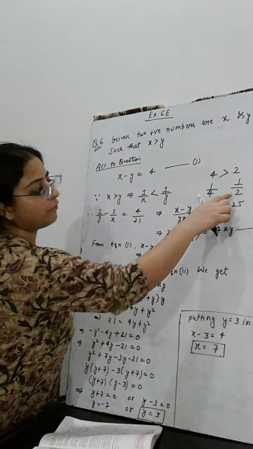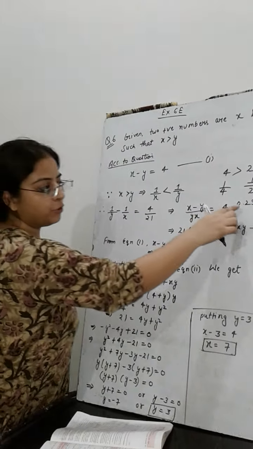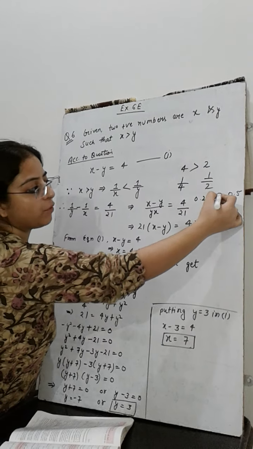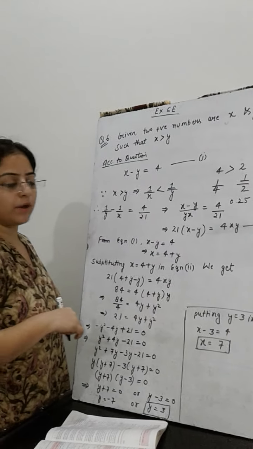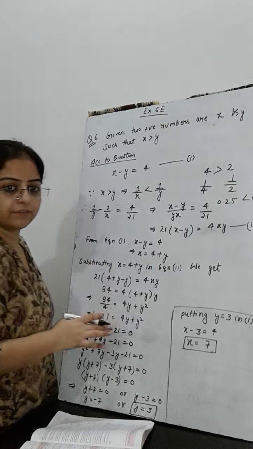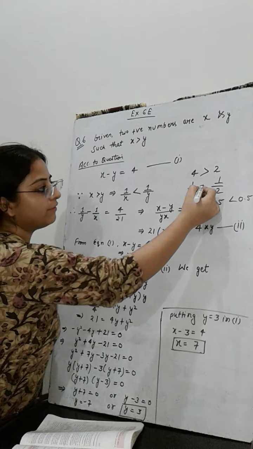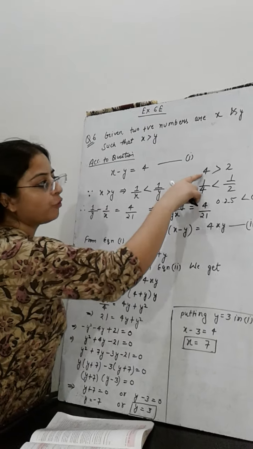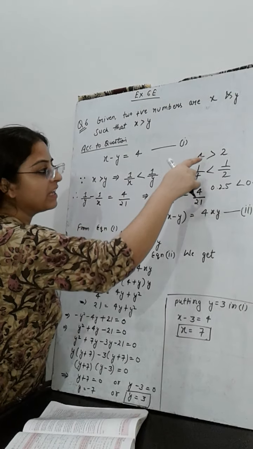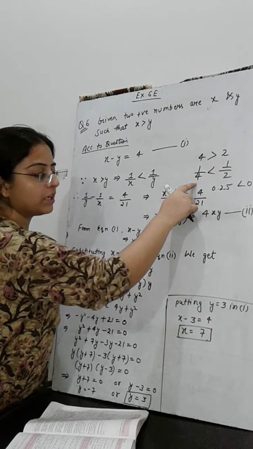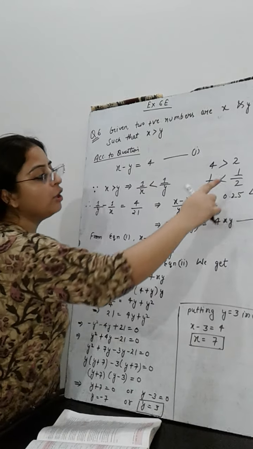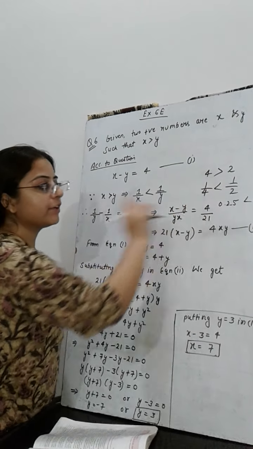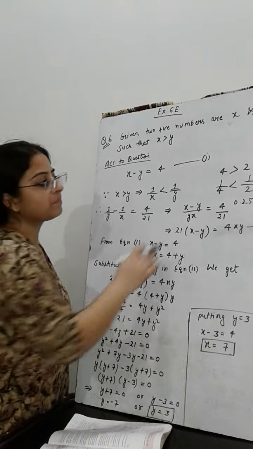तो अब 1 by 4 और 1 by 2 में से कौन सा ग्रेटर है 0.25 और 0.5 में से, which one is greater? 0.5 is greater than 0.25, which means that 1 upon 2 is greater than 1 upon 4. तो 4 greater than था 2 से, लेकिन जब 4 का रेसिप्रोकल किया और 2 का रेसिप्रोकल किया तो अब 1 upon 2 greater than 1 upon 4 से.